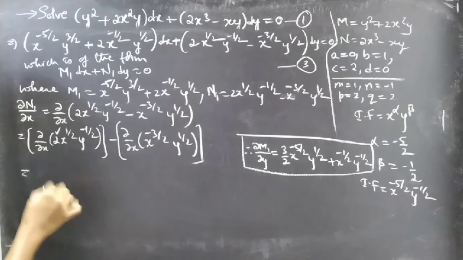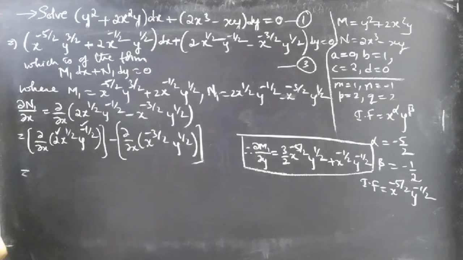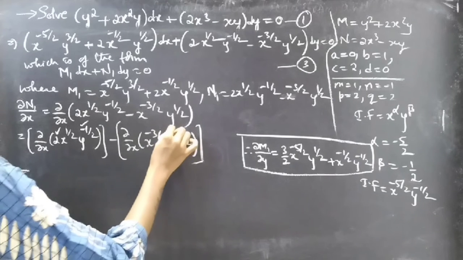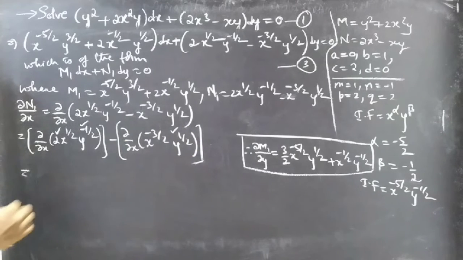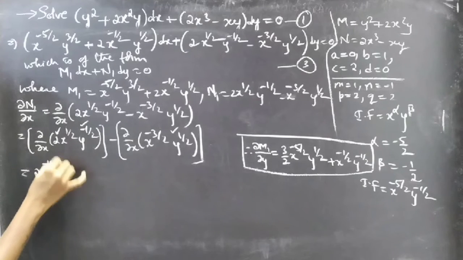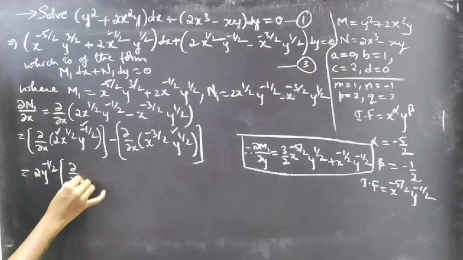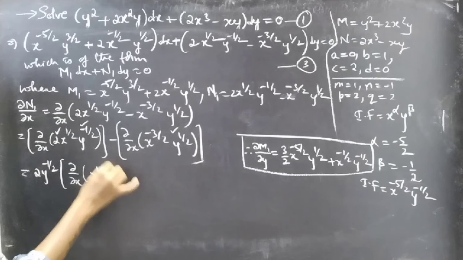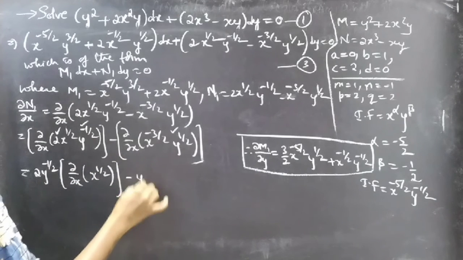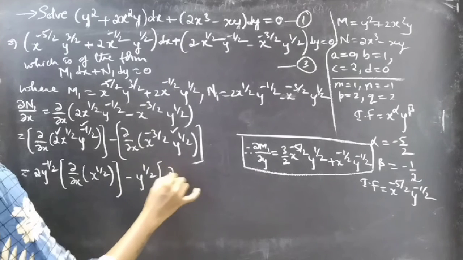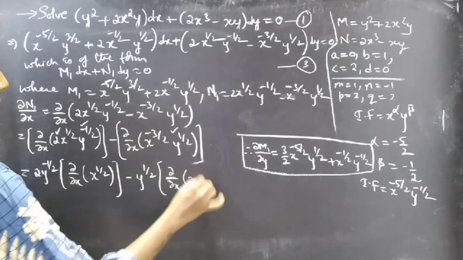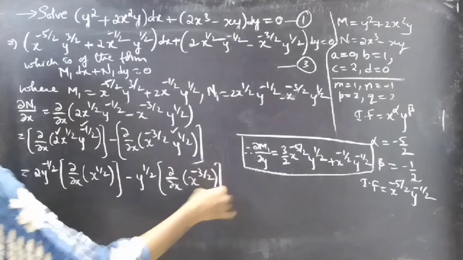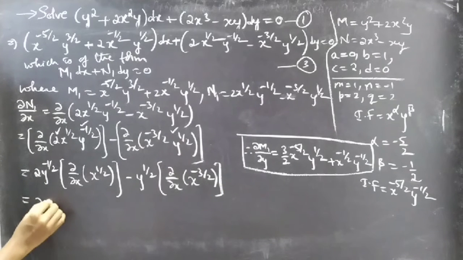Here in the first term 2y^(-1/2) is constant, and in the second term y^(1/2) is a constant, right? Let's write the constants outside the brackets. We will get 2y^(-1/2) into the partial derivative of x^(1/2) minus y^(1/2) into the partial derivative of x^(-3/2),